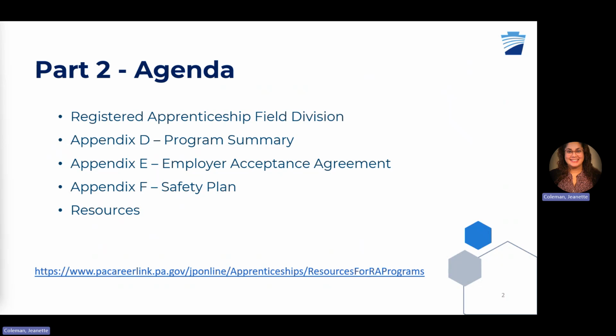And this training consists of two parts. Part one was an overview of the registered apprenticeship field division, standards of apprenticeship, Appendix A that contains the training plan, safety and OSHA, and Appendix B, the apprentice agreement form. In part two of this training, we will review in detail Appendix D, which is the program summary, Appendix E, the employer acceptance agreement, and Appendix F, the safety plan, along with an overview of accessing the A-2